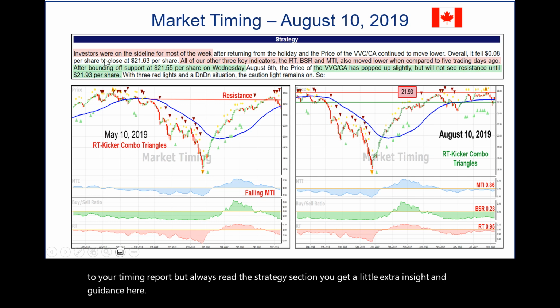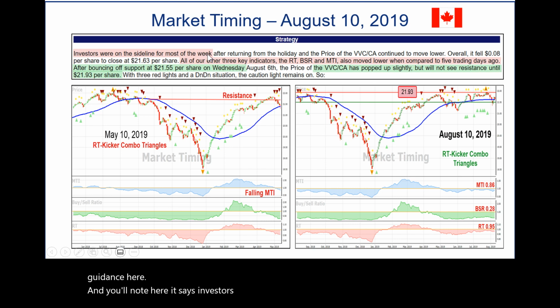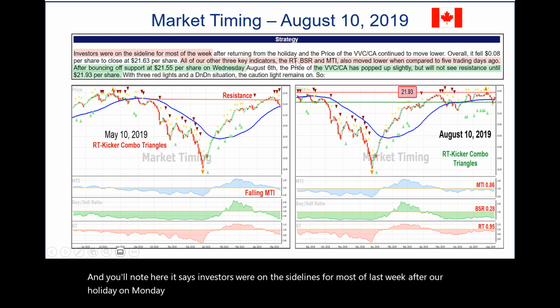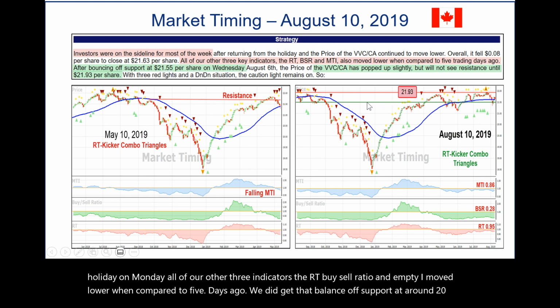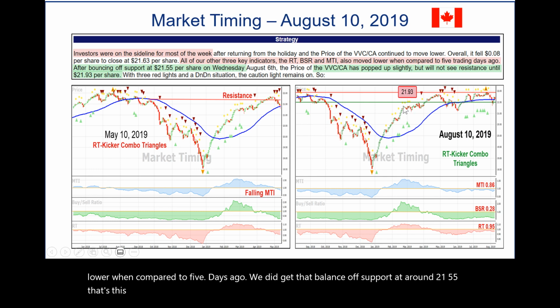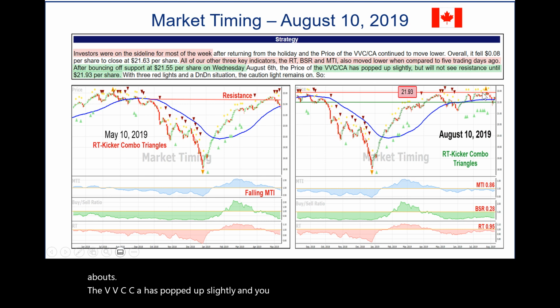And you'll note here it says investors were on the sidelines for most of last week after our holiday on Monday. All of our other three indicators, the RT, buy sell ratio, and MTI, moved lower when compared to 5 days ago. We did get that bounce off support at around 21.55. That's this green line over here at the right on Wednesday, August 6th. So we did get a little bit of a bounce. The VVC CA has popped up slightly, and you can see that we're moving up toward the resistance line, which is at